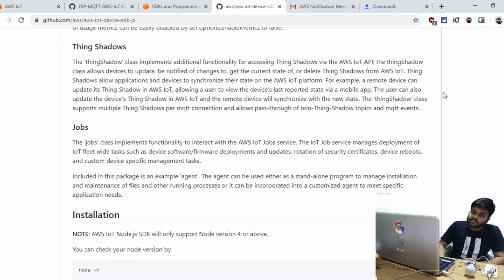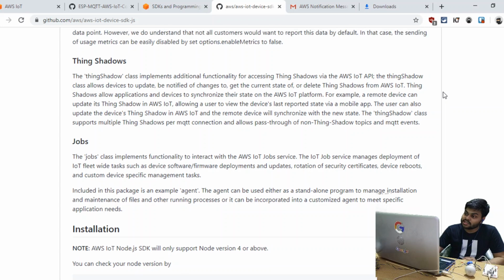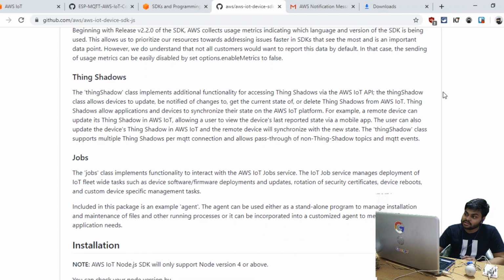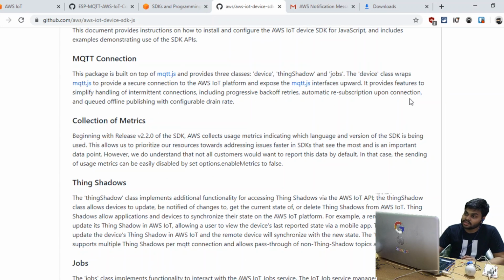But the thing is, we don't have the facility of attaching certificates. Basically it can't support MQTT over TLS, or we can't set TLS for MQTT in MQTT.js. But this library is also built on top of the MQTT.js interface.